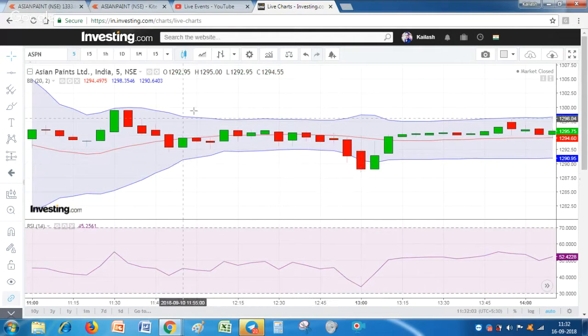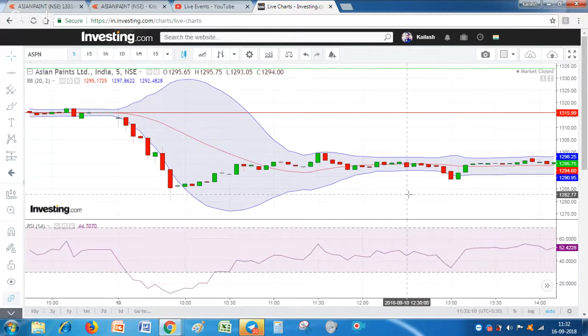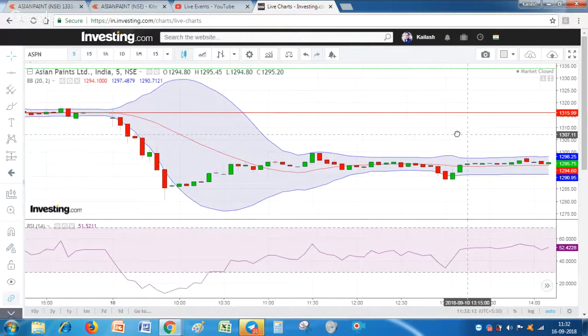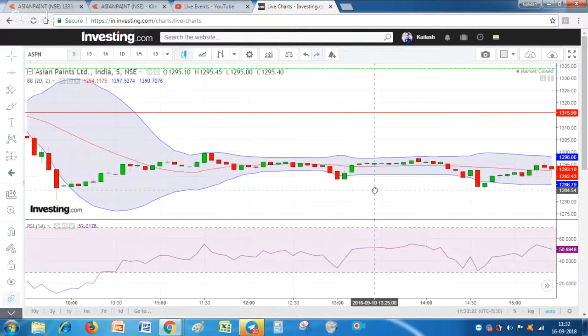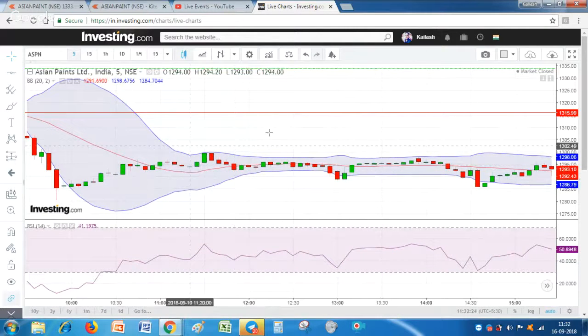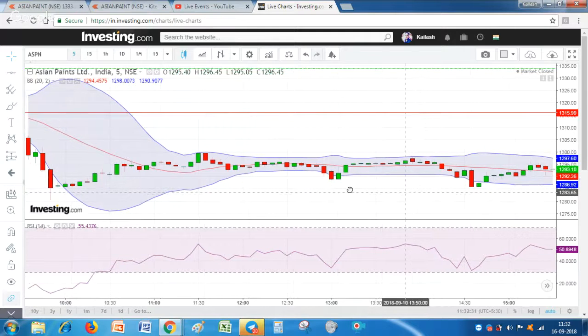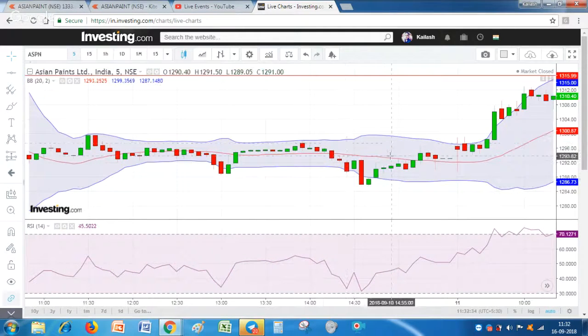But friends, there is one more thing. You could see that the Bollinger Band has come to a very small range. There are phases when the Bollinger Band expands and when it contracts. When in contraction, this is not the right time to take a trade. The right time to take a trade is when the Bollinger Band expands to any side. So this is one more strategy, that the Bollinger Band should expand to either side.